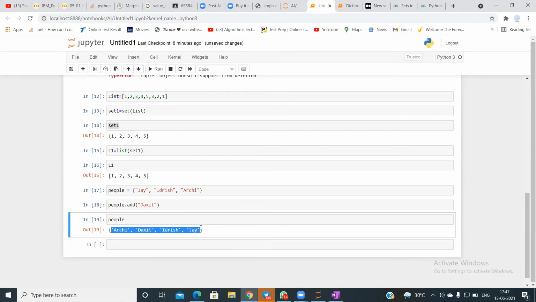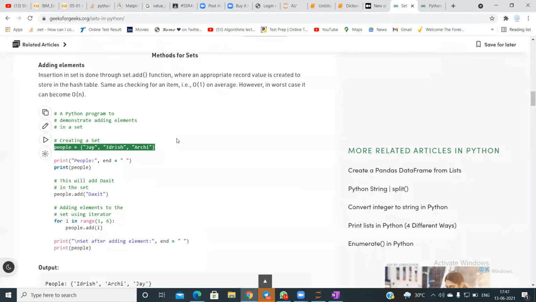So you might get a doubt as to why it added in an alphabetical order. Because when you do a set dot add function, it is doing something like a sort.